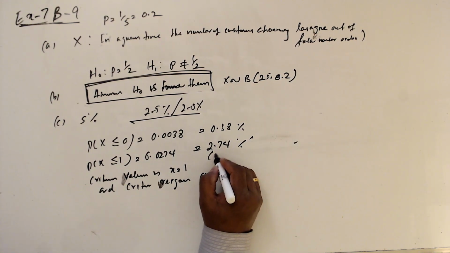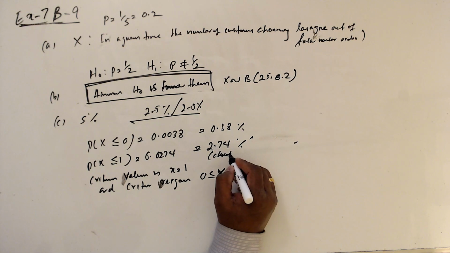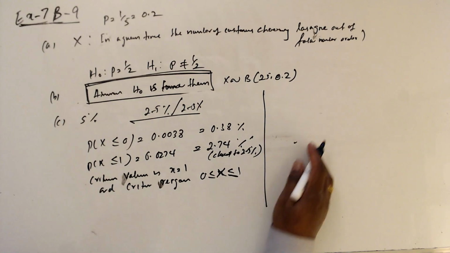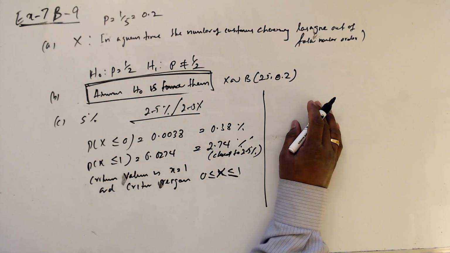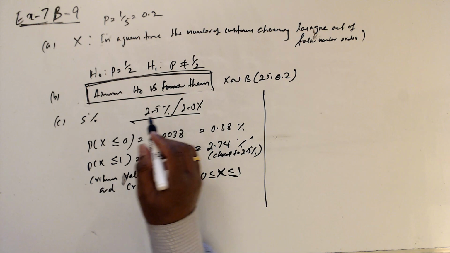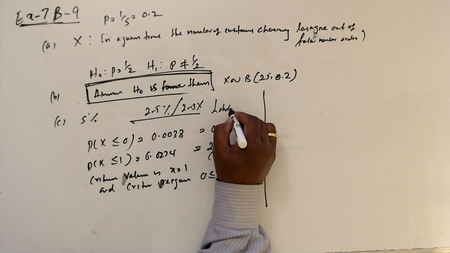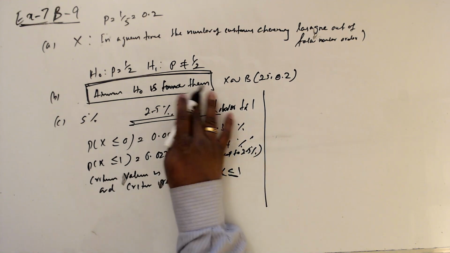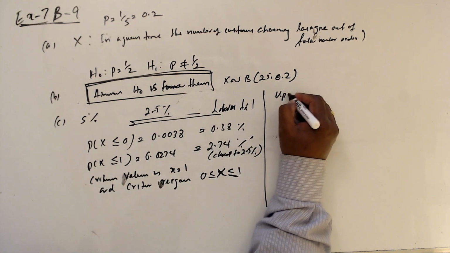This is closer to 2.5%, and this is from the lower tail. Then the upper tail,